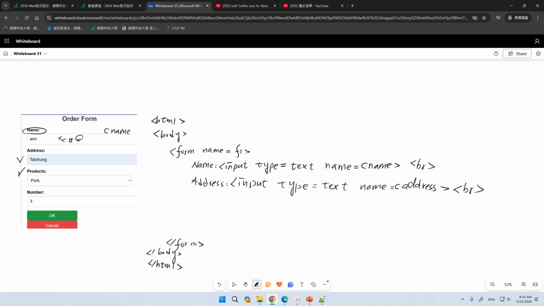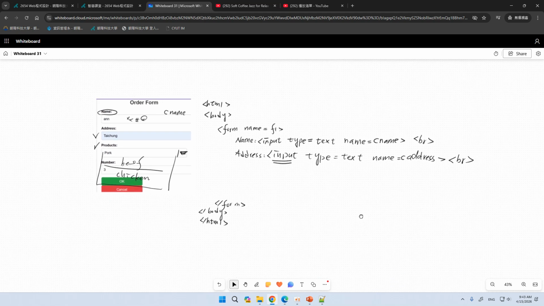And this one is a new one. Today we will talk about this one. This one is a dropdown box. So it has a dropdown button in here. After the customer presses this icon, it will show how many items are inside, for example pork, beef, chicken. And the user can choose any one of them. So this one is an input, but it's not this kind of input. This one is called a select,